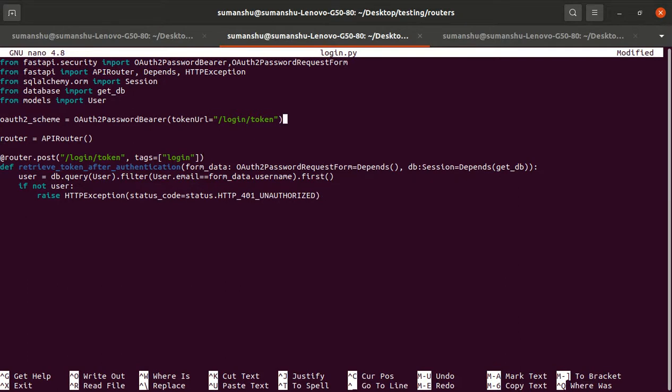So we have to import the status as well, because here we use status.unauthorized. Okay, so let's define some detail as well. Detail is equal to invalid username because user doesn't exist. Fine.